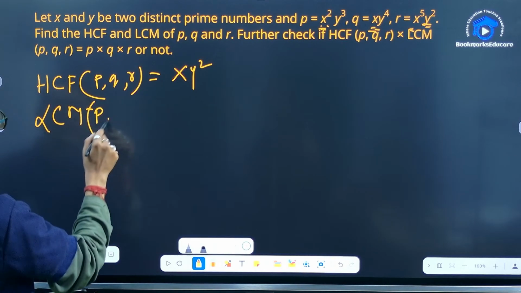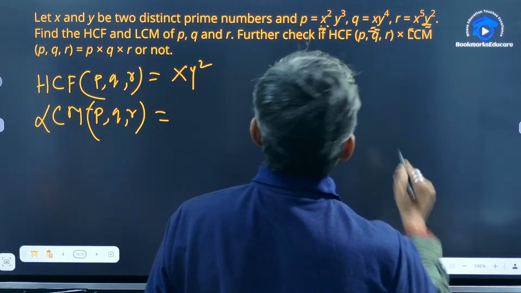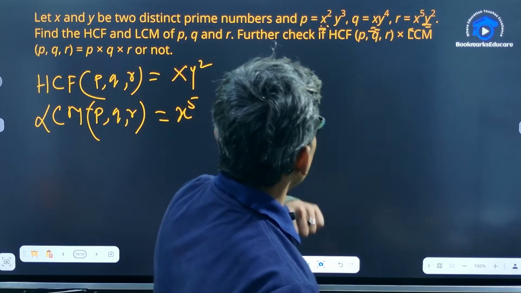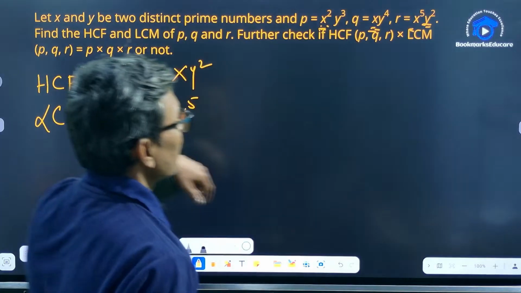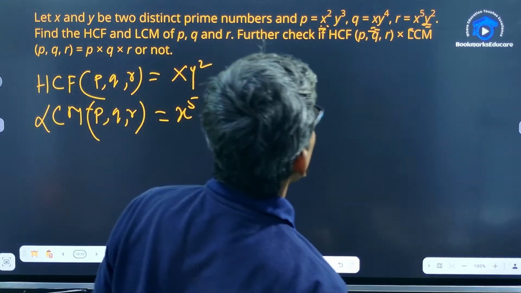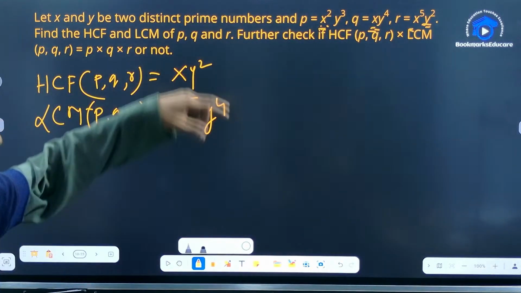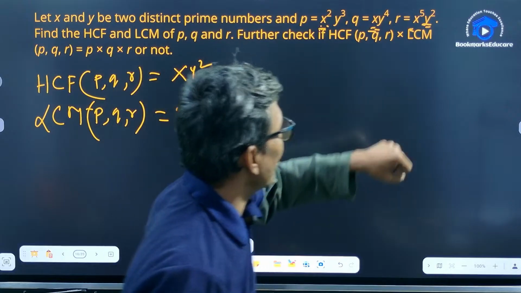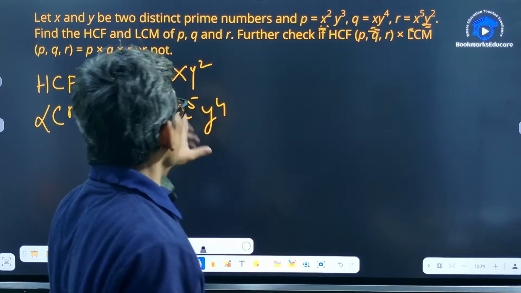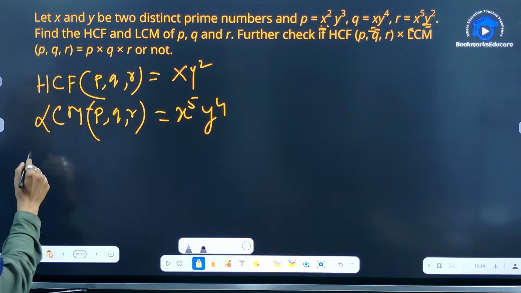LCM of p, q and r. So highest power of x is x to the power 5, so x to the power 5 will be the LCM part for x. और y का पावर ज्यादा है y to the power 4, y cube, y to the power 4 और y square, इन तीनों का LCM होगा y to the power 4, जिसका पावर ज्यादा है. So now LCM